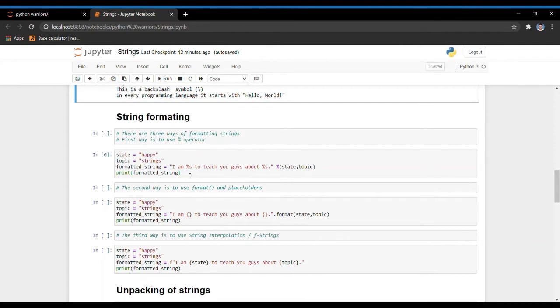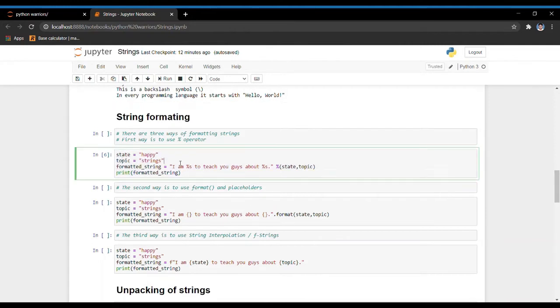This is probably the old way of doing it. If you declare two variables and you need to put them in a string, then you use percentage s wherever you want to put the variables, and then after the string you put a percentage sign,